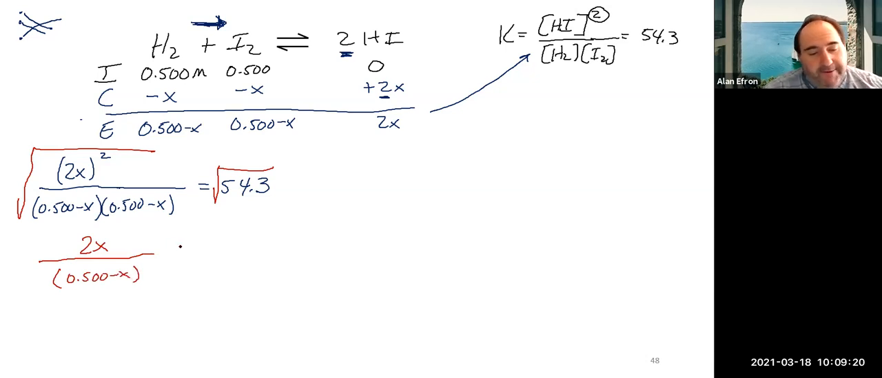Also important, and something I personally sometimes forget to do, you have to make sure you also take the square root of the 54.3 on the other side. That's going to give you something like 7.369. This is a little bit easier to solve here. We would multiply this to the other side, and when we do that, that gets us 2x is equal to